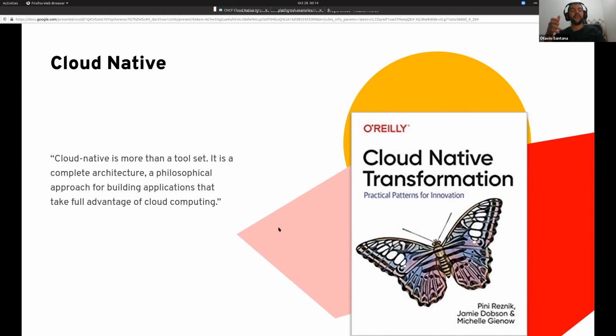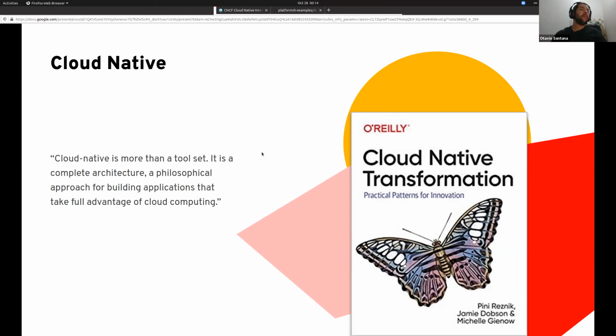In this book, they mention that in the past we had waterfall, where we defined a timeline to deploy applications, like every year, every 3 months, monthly, daily, stuff like that. So we have a pipeline where we don't need to wait 6 months to release the first version. And then in the current model, we are living in the agile methodology. Right now we need to deliver a small piece of our product. We need to make sure the client gives us feedback to improve and make better products.